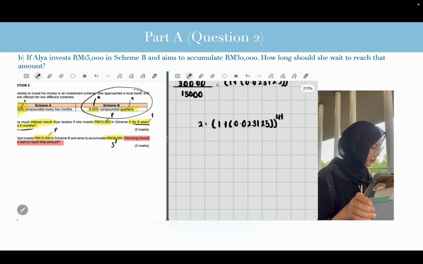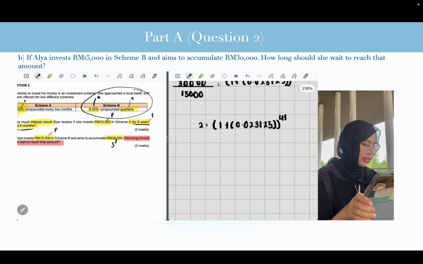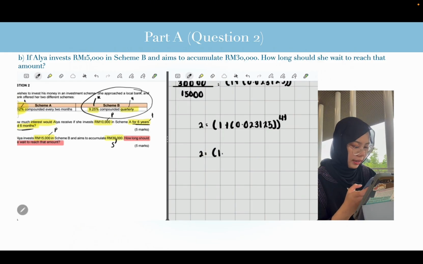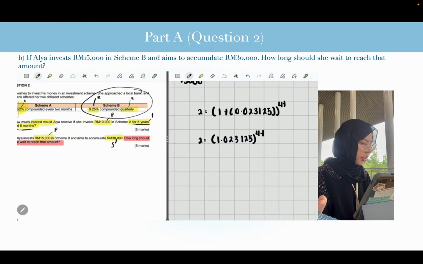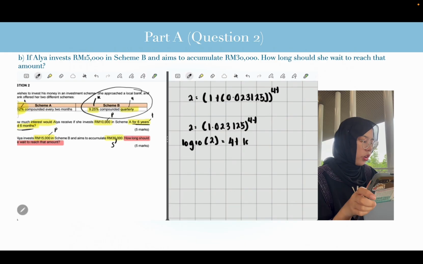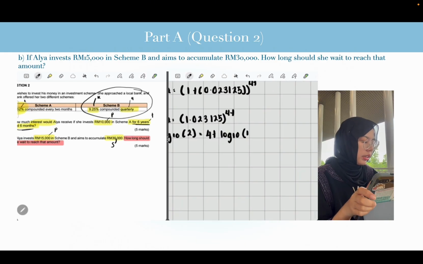Okay? And then we'll solve the equation in the bracket first. 1 in the bracket, 1.023125 to the power of 40. Okay? Starting here, I'll need to add log 10. I'll add here log 10 in the bracket of 2. And then this power, I'll bring it forward and it will become 40 log 10 in the bracket